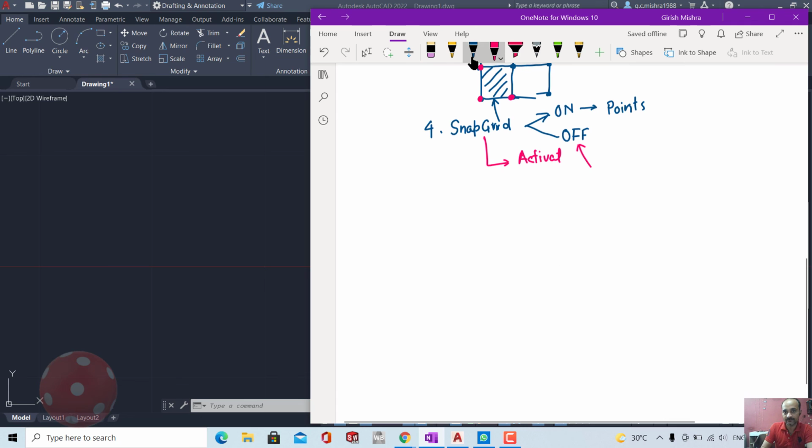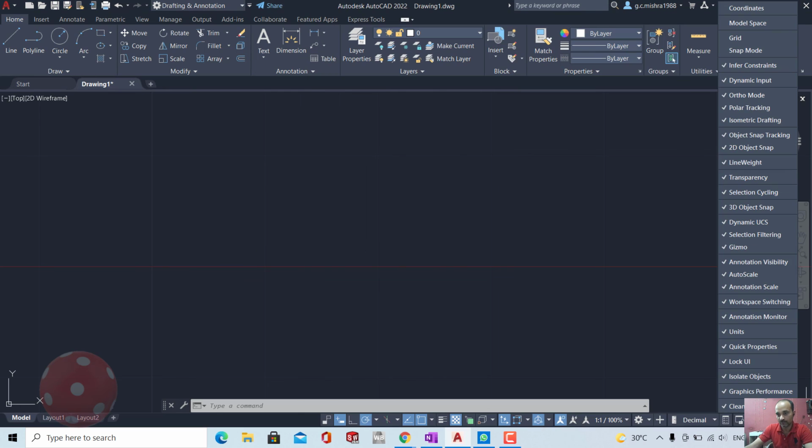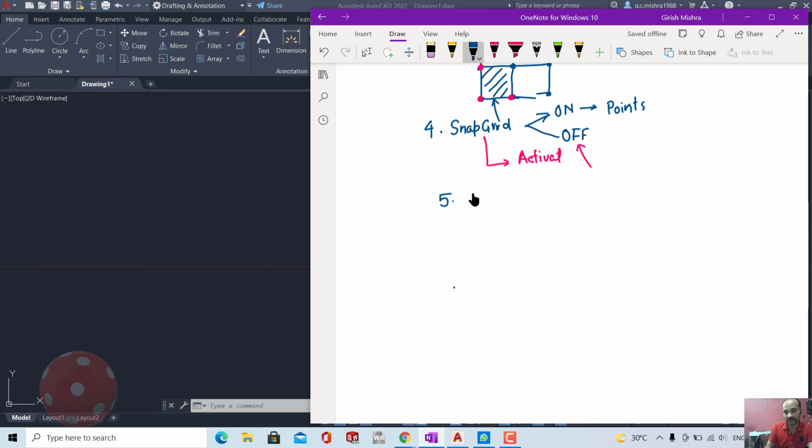So the fifth one is infer constraint. Infer constraint is basically needed during 3D, but for the beginner it should be off always.